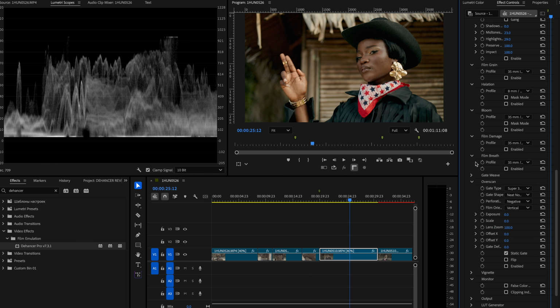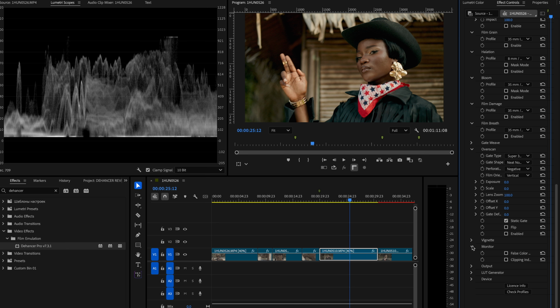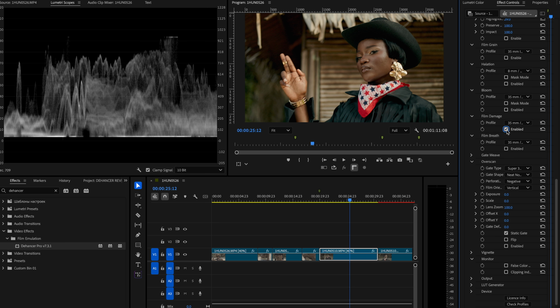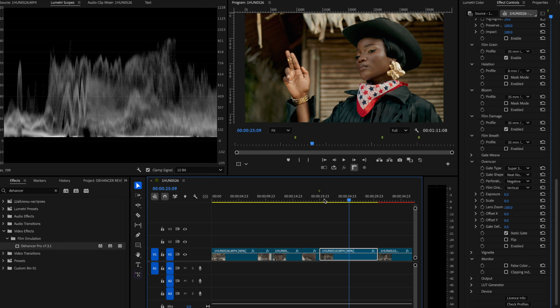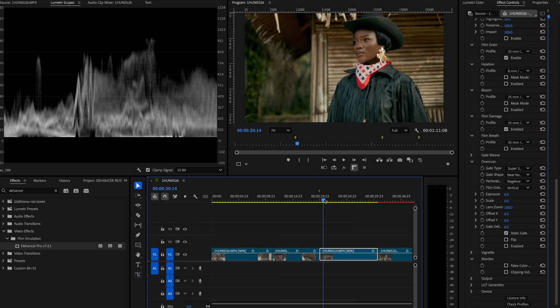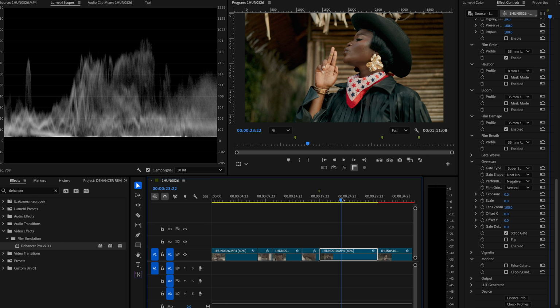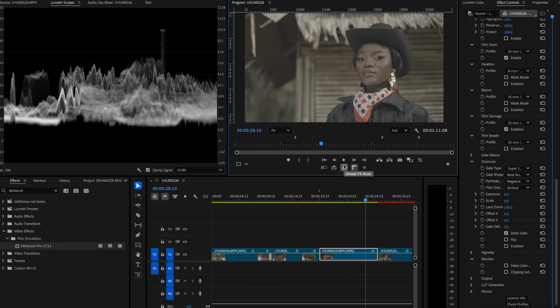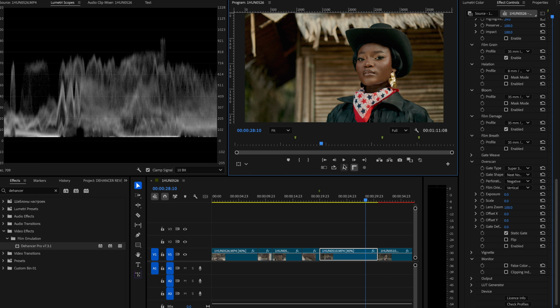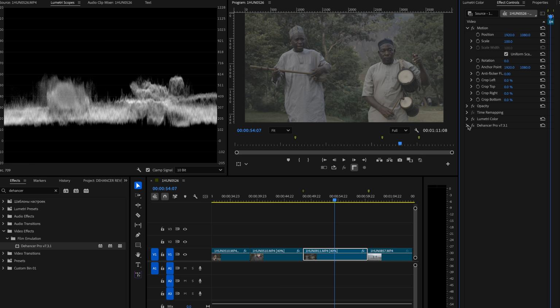All right, so next thing I want to do is turn on the film damage to give it that film vibe, and film grain as well. Obviously you can go further in adjusting and color grading this to give it the best looking, but I'm just quickly giving a very quick tutorial on color grading so you can maximize usage of Dehancer. So we took this from this to this. So same process,